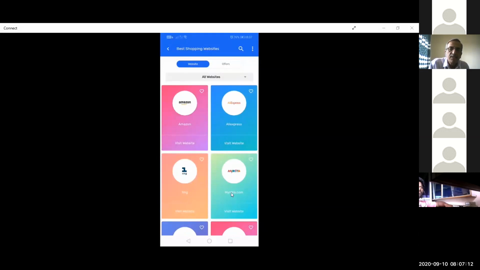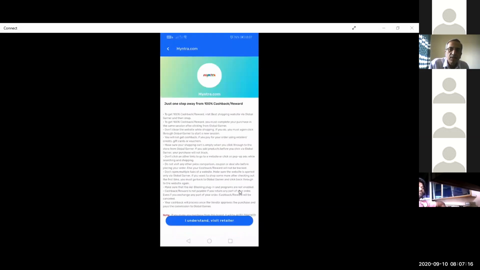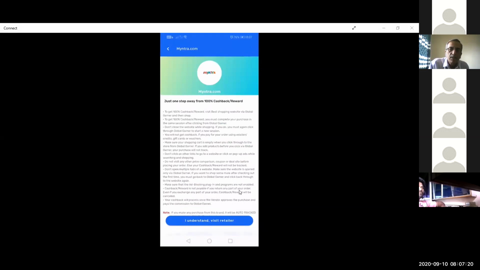For example, if I want to shop something through Myntra, I will click on Myntra. There are a few terms and conditions given over here. I'll just go through these terms and conditions and then click on I understand, visit retailer. Now it will take you to Myntra's application if you have Myntra's app on your mobile.